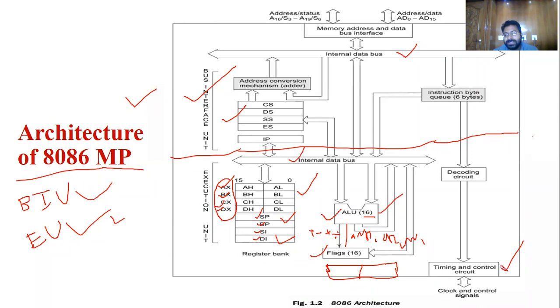Now observe this, this is the timing and control unit. This timing and control unit is connected to each and every part of the microprocessor. You can observe these arrows. At the same time, it can also send clocks to devices outside. Just as the ALU is the brain of the computer, this timing and control unit is the heart of the computer.